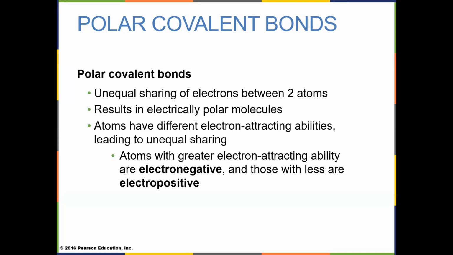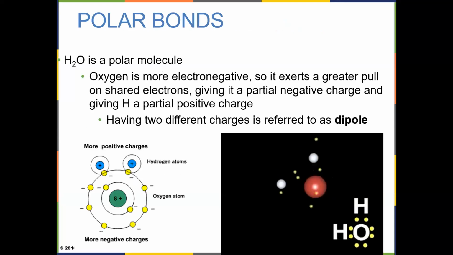If you have 10 protons in the nucleus, each one of those is a positive charge. You've got one little itty bitty electron over here with its negative charge fighting off those 10 protons. The 10 protons is a pretty powerful pull on that one little electron. The best example of a polar bond is a water molecule.